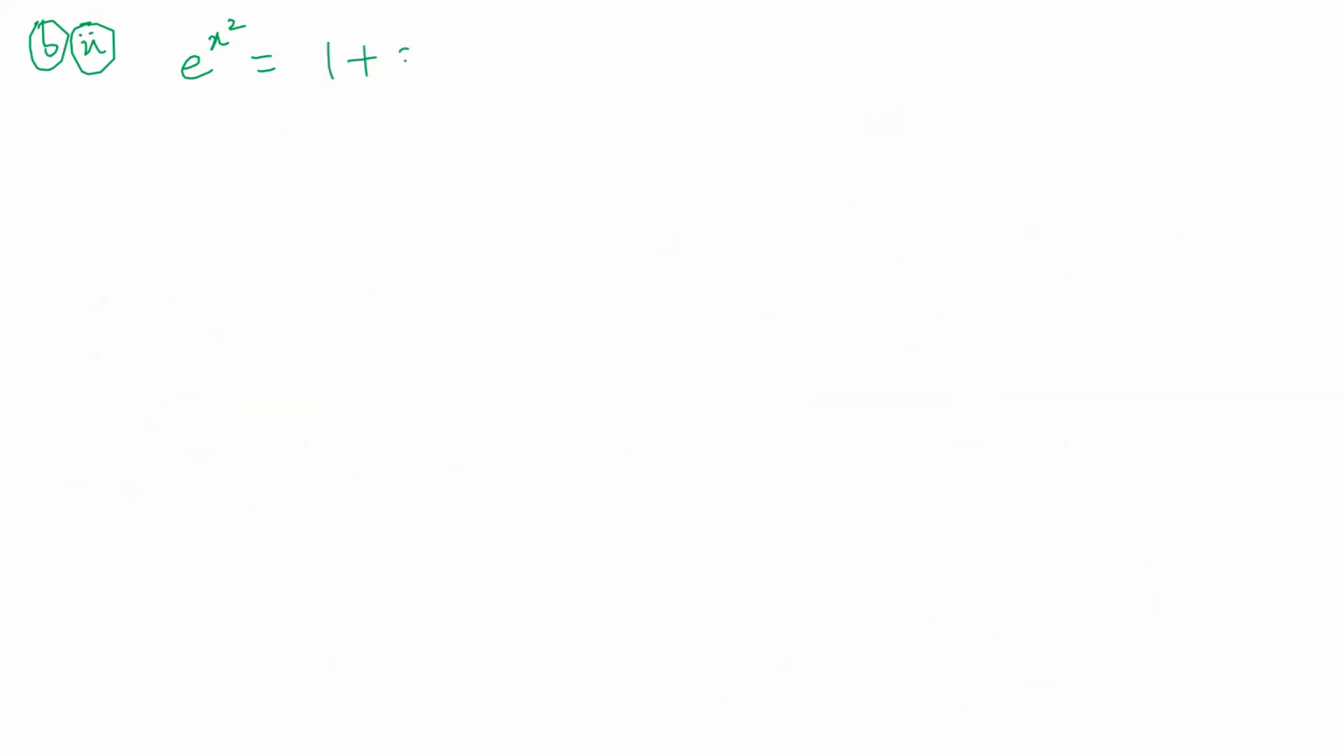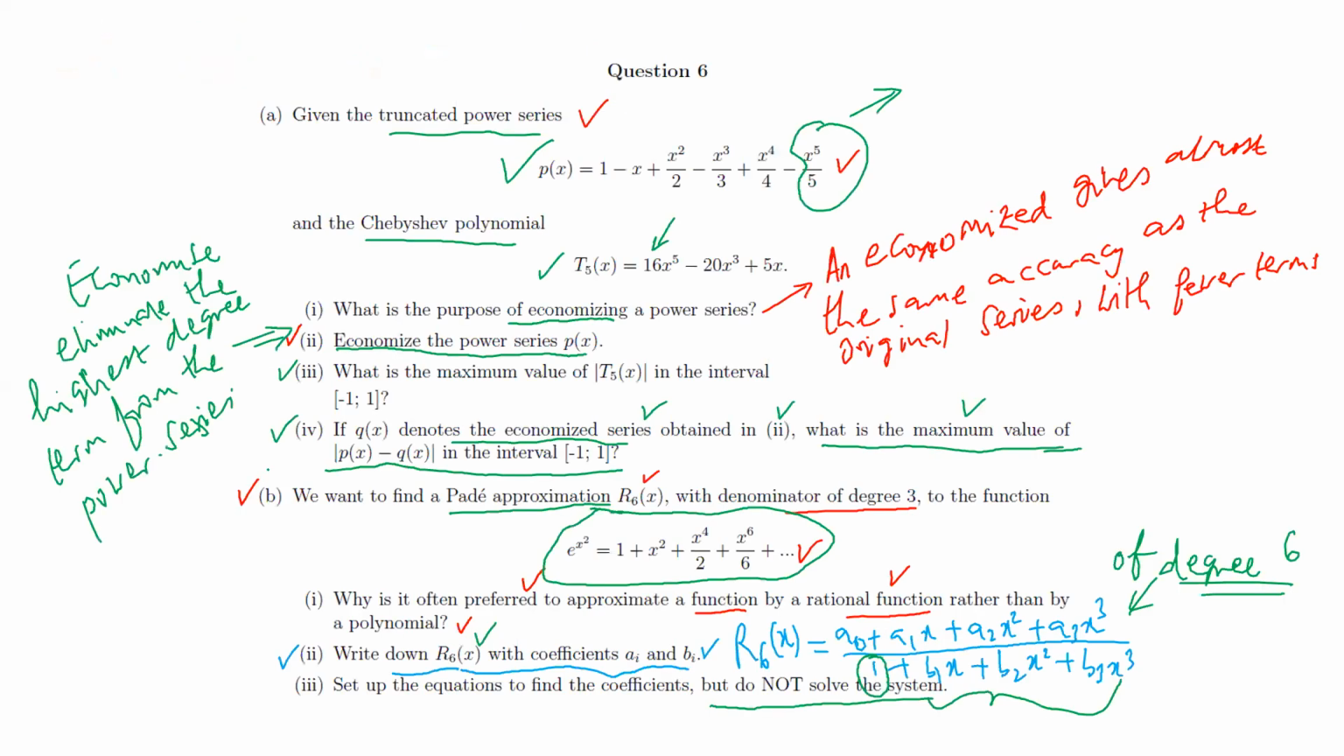Which is 1 plus x squared plus x to the fourth power over 2 plus x to the sixth power over 6 plus... So we have this. And then we want to find